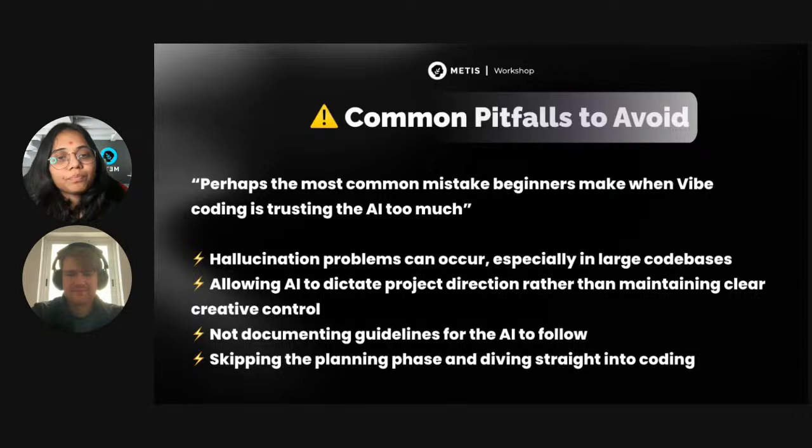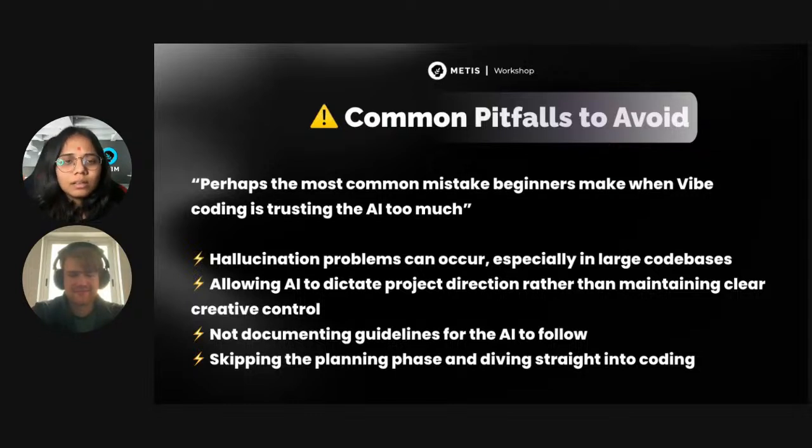Quick reality check here. A lot of people mess up their first few times with vibe coding. Let's make sure that's not you. Pitfall one is trusting the AI too much. If it looks right but you don't understand it, don't run it. Read it again and ask for explanations. Always ask for explanations, for errors, for anything. If you want to copy paste code, you have to ask for the explanation.